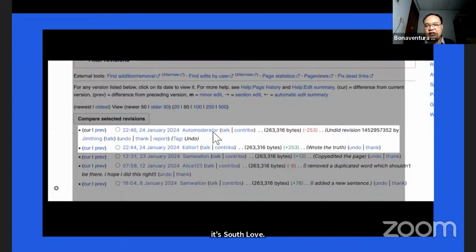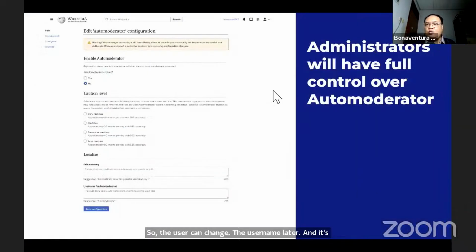The user can change the username later, and it functions like a bot, and it will have a separate default configuration on the wiki project. So basically, administrators will have control over the Automoderator.